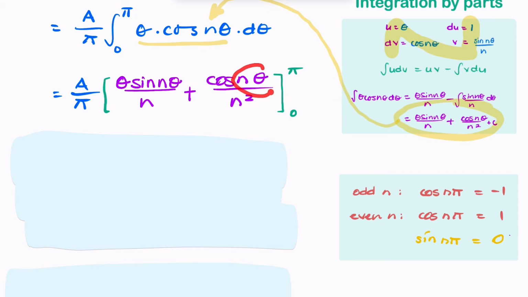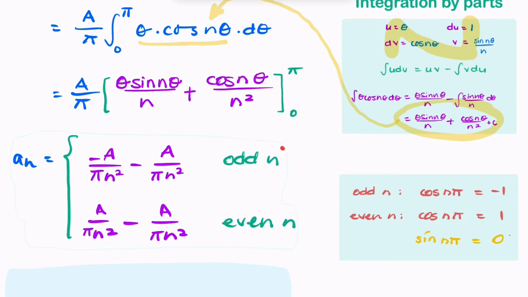And cosine multiples of pi, it depends whether that multiple is odd or even. So for odd multiples of pi, so pi, 3 pi, 5 pi, the cosine gives you -1. And for even multiples of pi, cosine n pi gives you 1. So if you substitute, let's do the odd first. So for odd values of n, if you substitute -1 there,